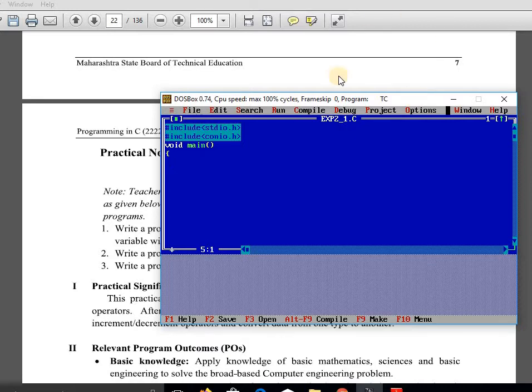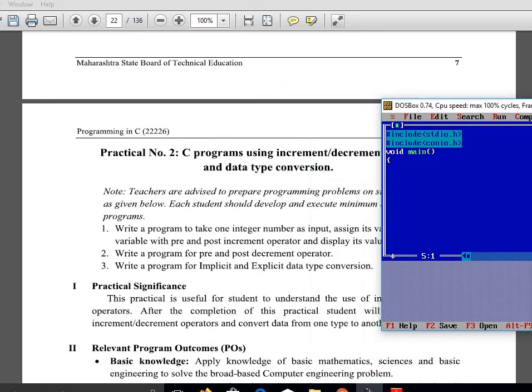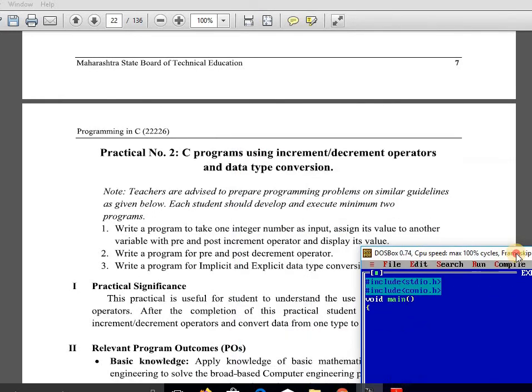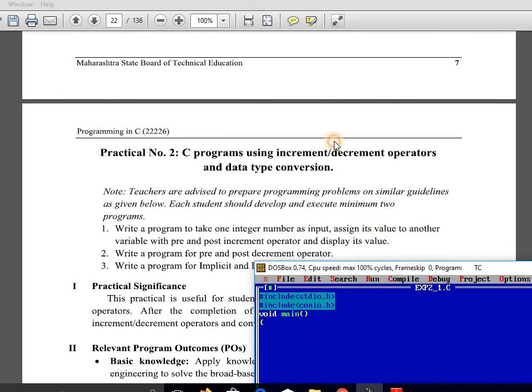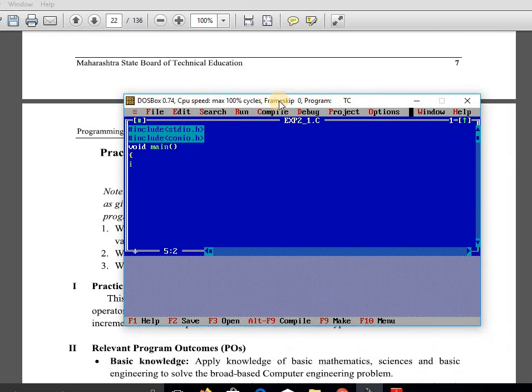Then what is our program? That write a program to take one integer number as an input and assign its value to another variable. Means what? We require here 2 variables. Suppose A, B. Now these are 2 variables.